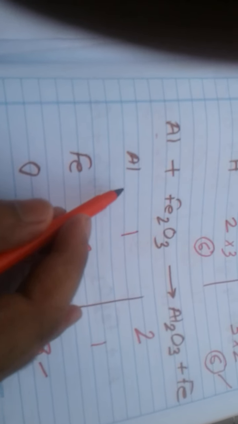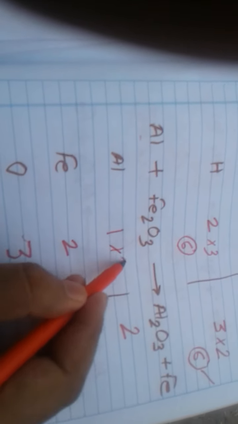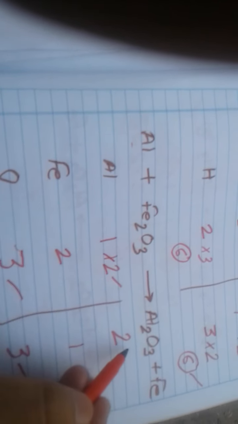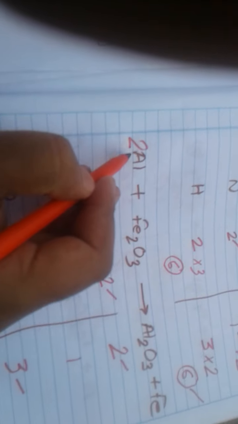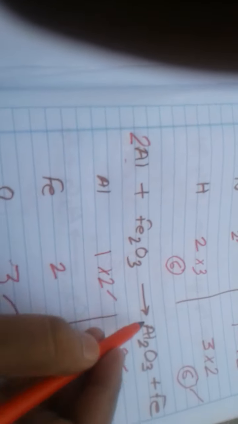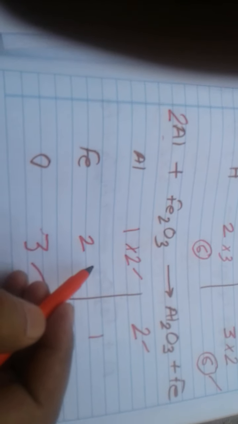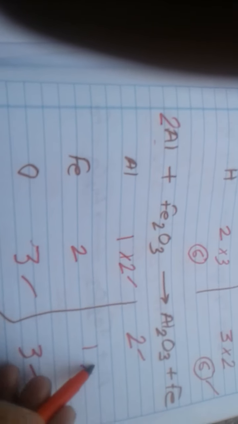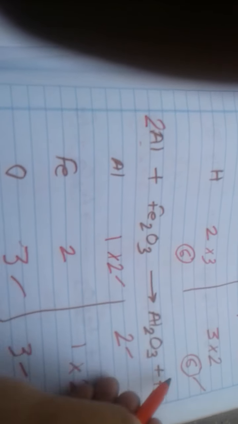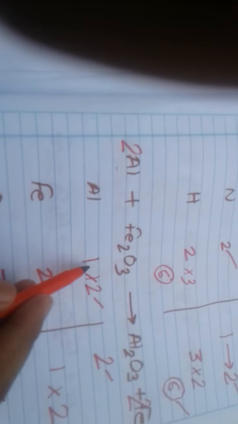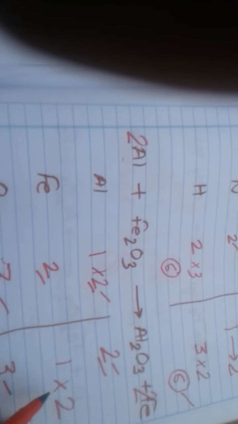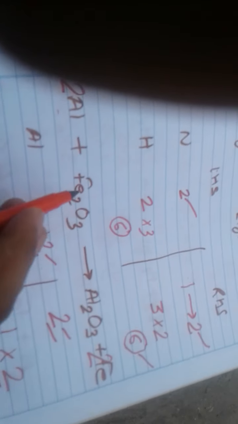So for the aluminium we write 2 here. So 1 into 2, now it is balanced. 2 Al, it is balanced now. Now what is left? Iron is left here. So for the case of iron we multiply this by 2, so 2 iron. Now again check: 2 ones are 2 and 2 is here, balanced. 2 times 1 is 2, it is also balanced. Oxygen was already balanced. Now check the equation: 2Al is also here and 2 Fe is there. 3 oxygen are there, 3 oxygen are there. Now it is completely balanced.